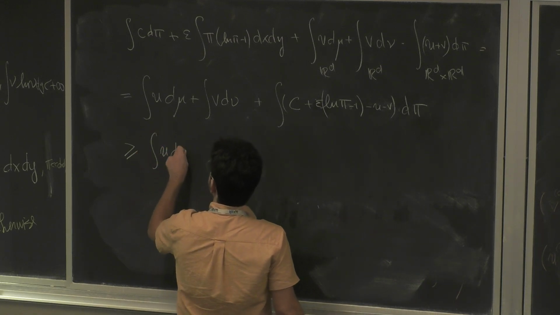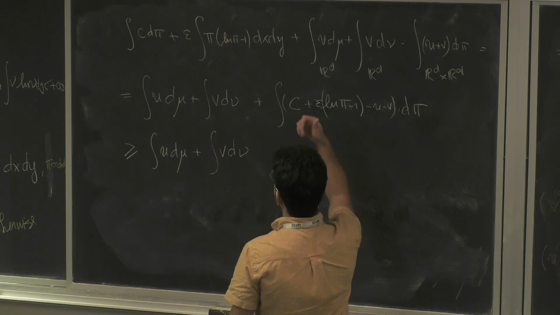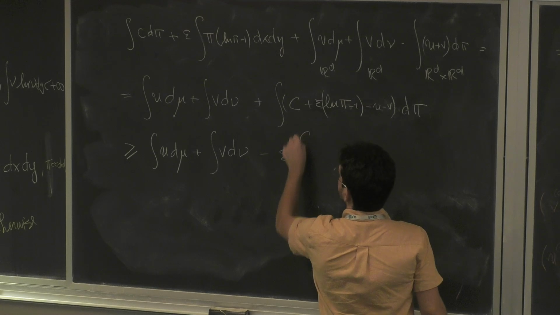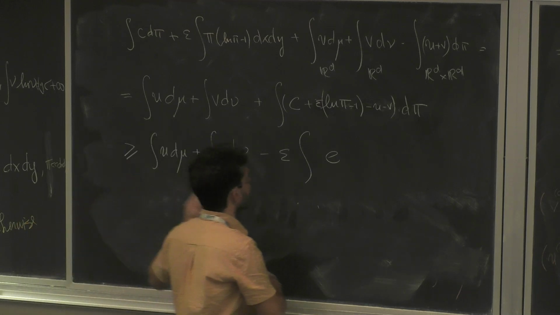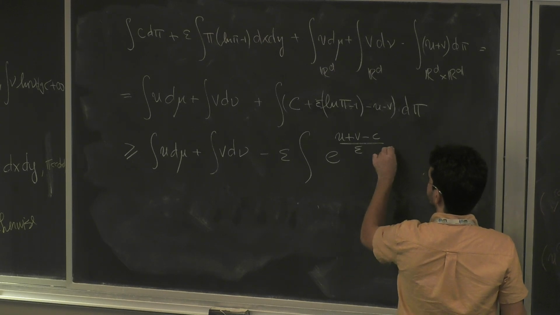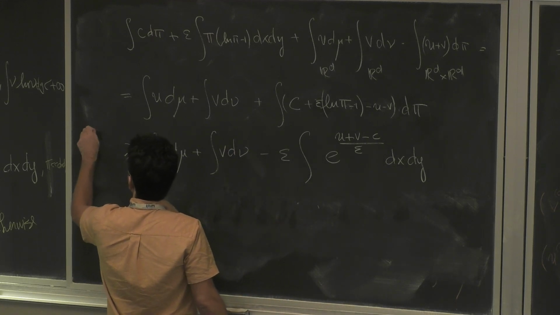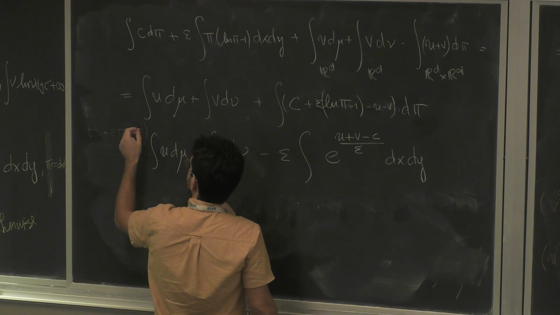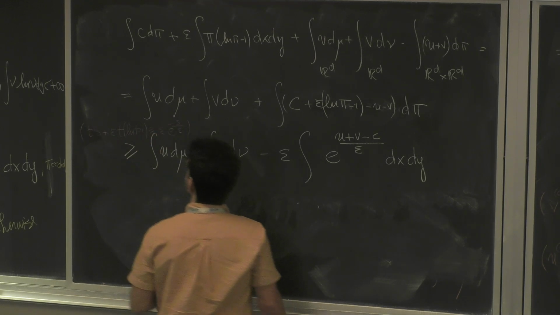I'm going to just use, if you want, the Fenchel-Young inequality, or if you want, the relation between the entropy and the Gibbs state. So then I don't have the equality between the primal and dual problem, but I have an inequality. What I'm using here is a very simple inequality: t s plus epsilon t log t is bigger than or equal to epsilon exponential of minus s divided by epsilon. So that's what I'm using here.